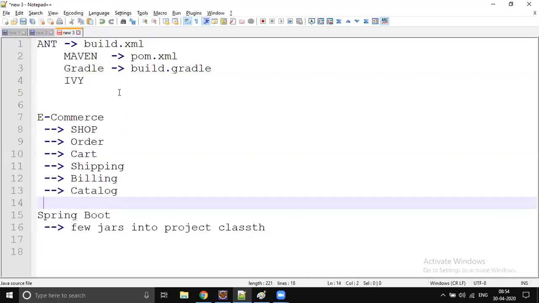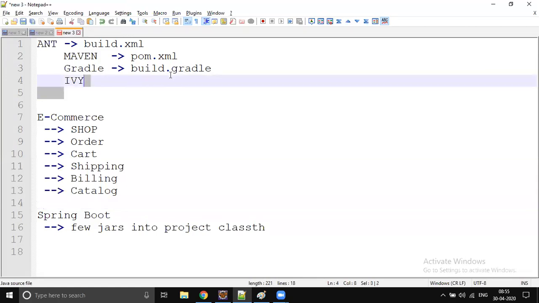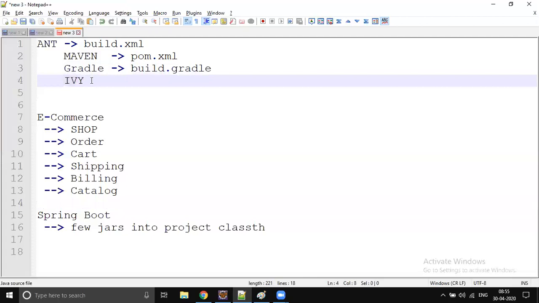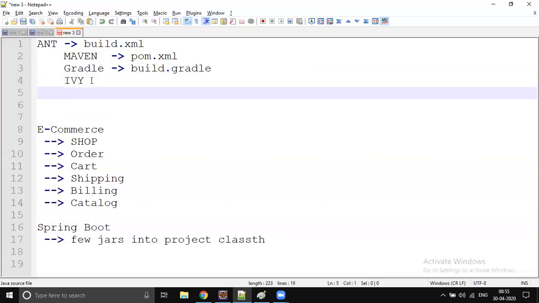But Maven and Gradle have so many features, not like Ant. So Ant is almost retired. Maven and Gradle are the leading build tools in the market now. And most of the build tools like Ant, Maven, Gradle, Ivy, all these are from which organization?